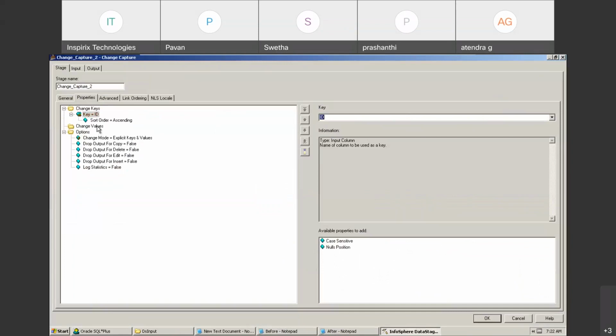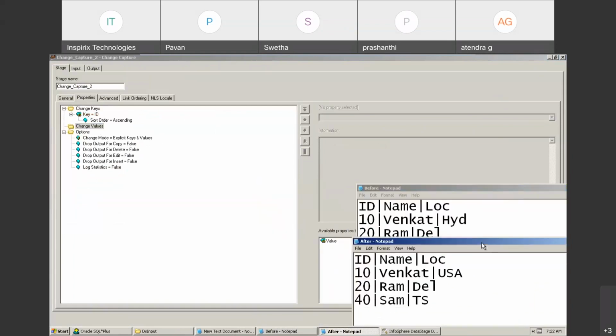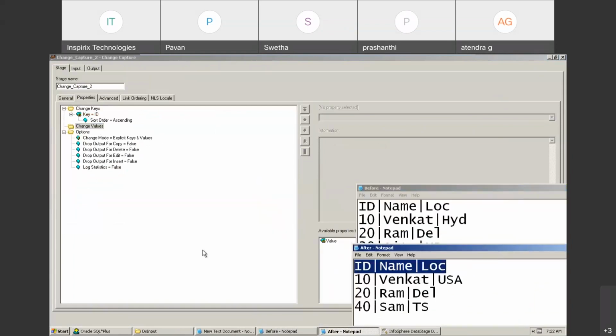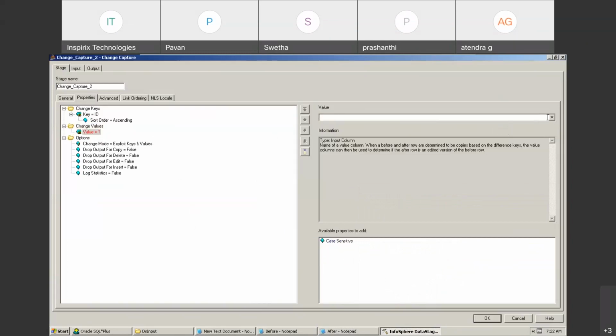Okay. What is the change value? Based on which column are we trying to capture the changes? Okay, location. So for change value, just click on change value, select the value and take the location. So based on ID, DataStage will look for whether there is any change in location. Okay, that's it. So if you go to output,